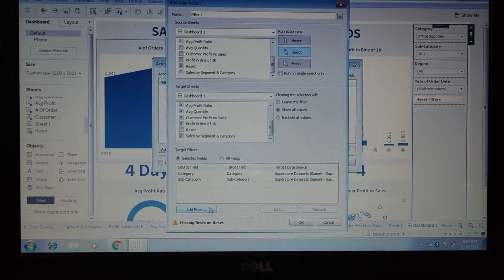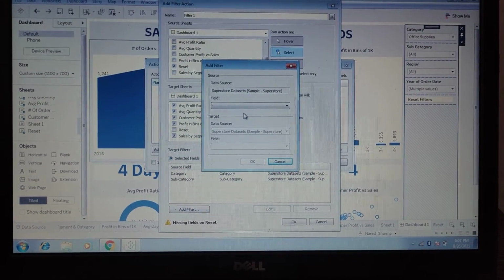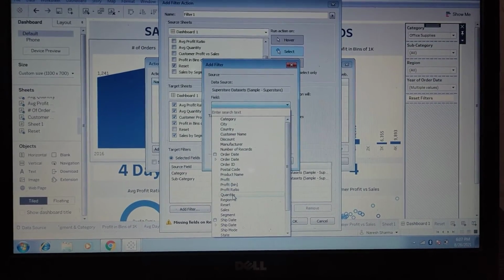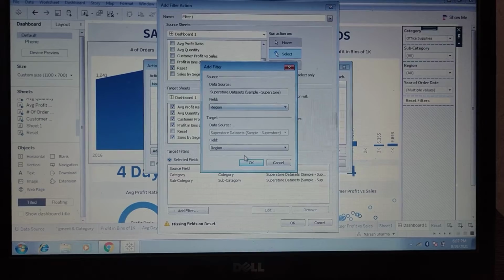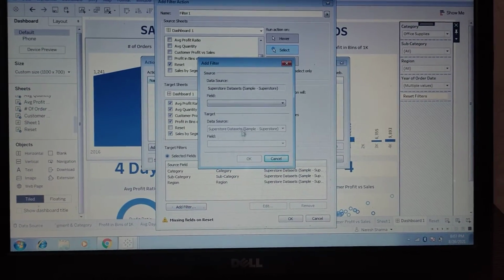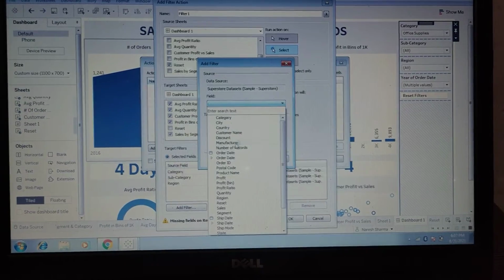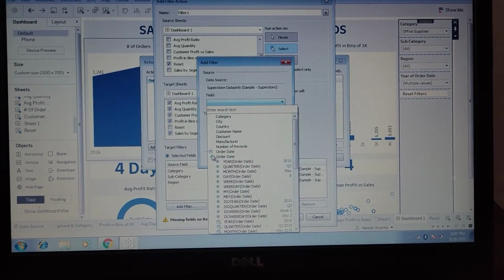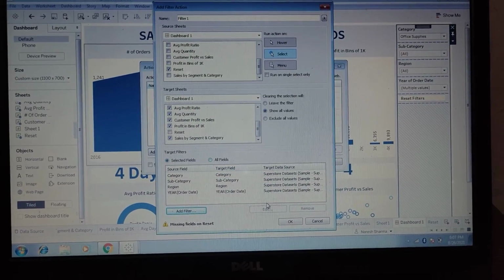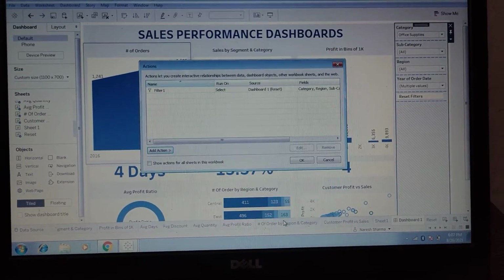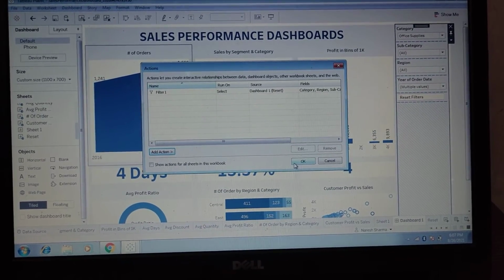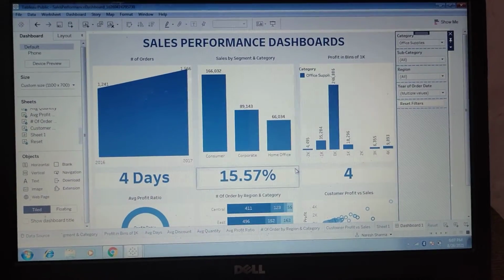Then we have region, and then we have year of order date. We click on here, select years from here, and then click OK, and then click OK from here, and then click OK. So we have created one action here.